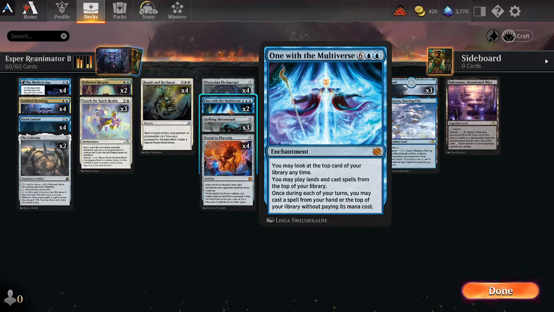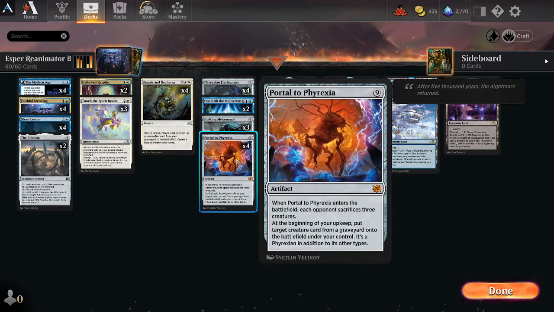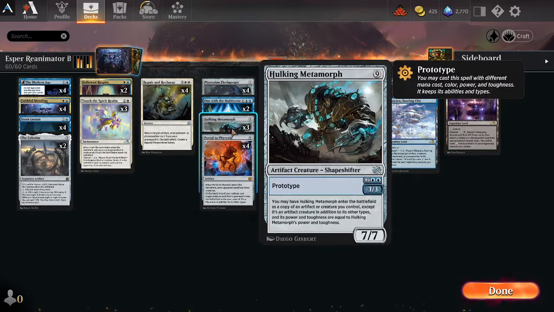I haven't actually gotten this off yet, but it allows you to play cards from the top of your library and cast spells for free once a turn, or cast one spell free each turn. Hulking Metamorph can copy a target artifact or creature you control. So ideally we have Portal to Phyrexia out, and then we play this for 4 and copy the Portal to Phyrexia, getting the sacrifice triggers again,